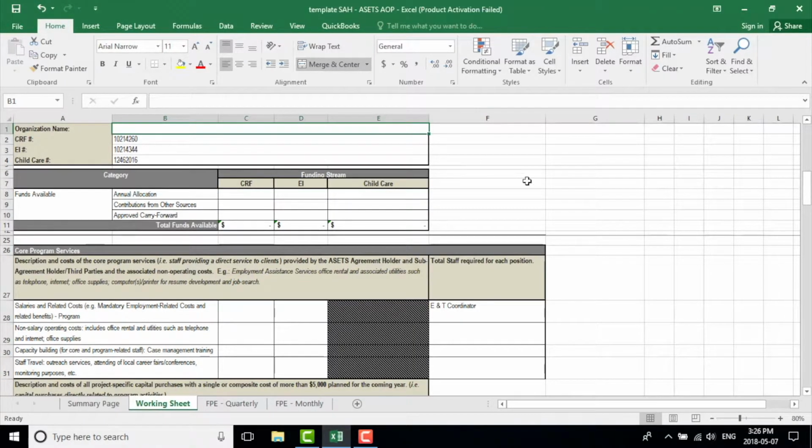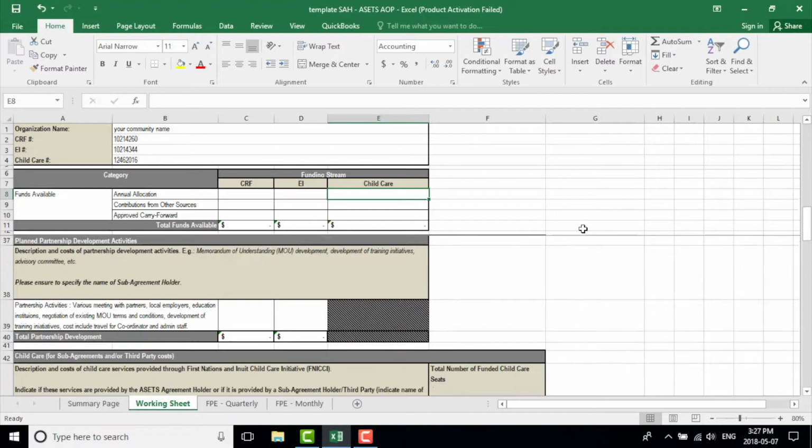On the top, you'll notice the organization name. This is where you're going to type your community name. Under the funding stream, under annual allocation, you're going to input how much you receive for your CRF, your EI, and your child care. Once you have done that, we're going to scroll all the way down to your